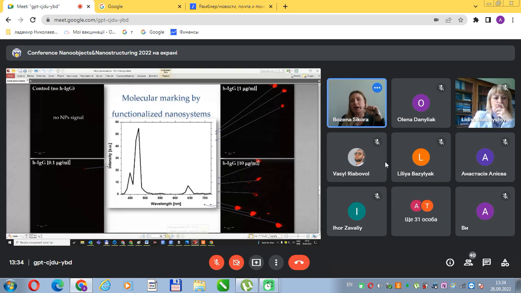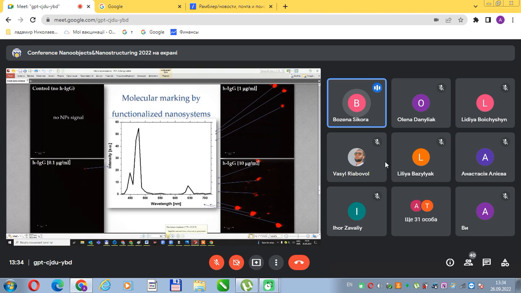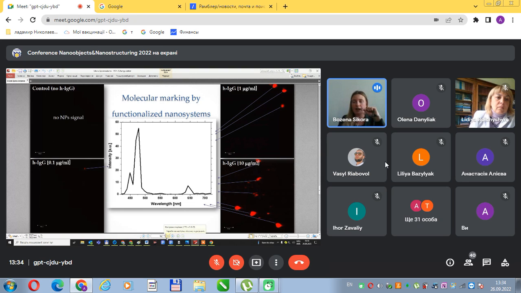As you can see here on this slide, and on this part without HEGG, we didn't observe any signal from our nanoparticles. That means that we covered our nanoparticles by antibody, and in the next step, we can try to use them